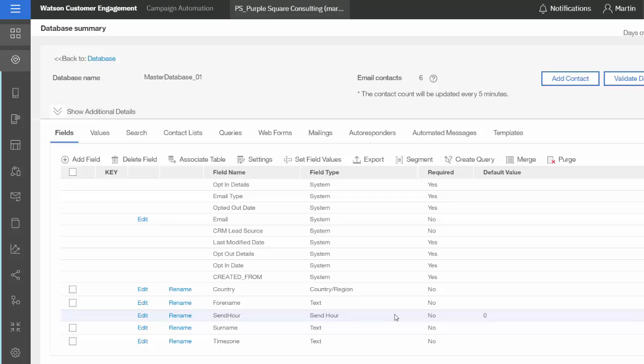Back in your database fields, you will see the new Send Hour field has been added to your database with a default value of 0. The value 0 represents a send immediately command and will be the default value until a contact's behavioral history prompts a new one. For this reason, you must wait at least 24 hours before sending your first send time optimized